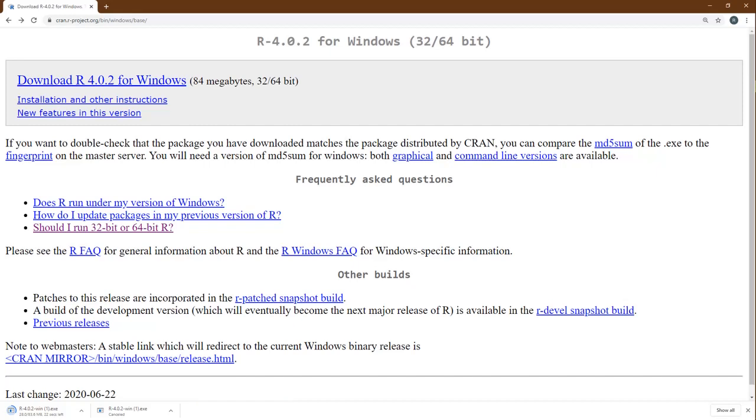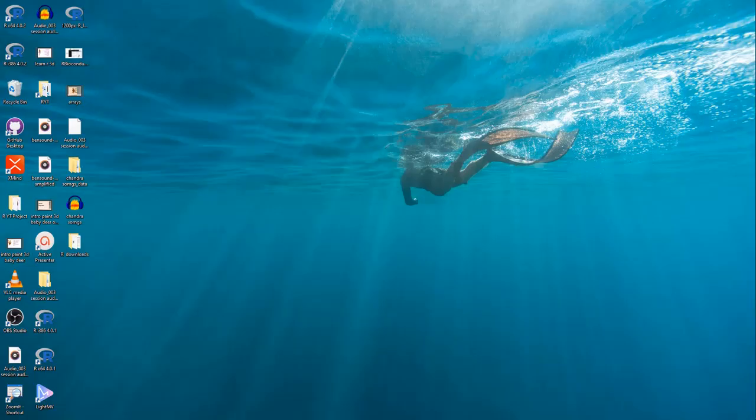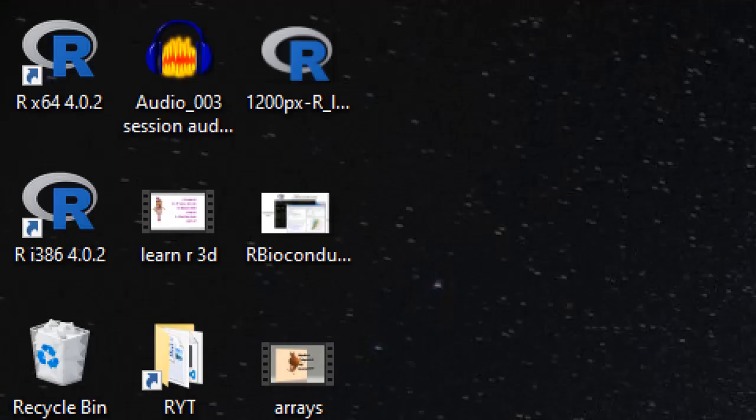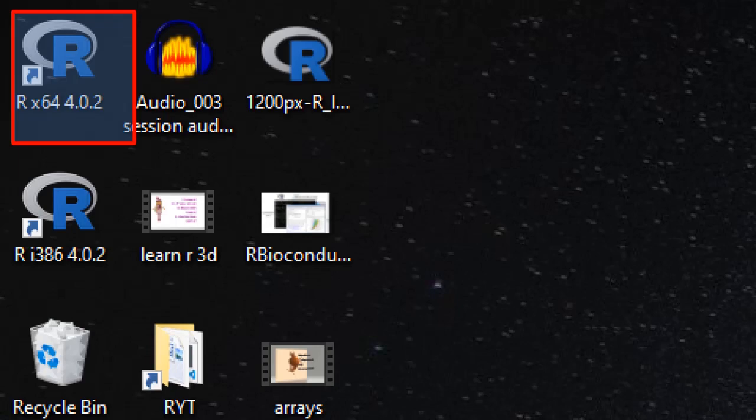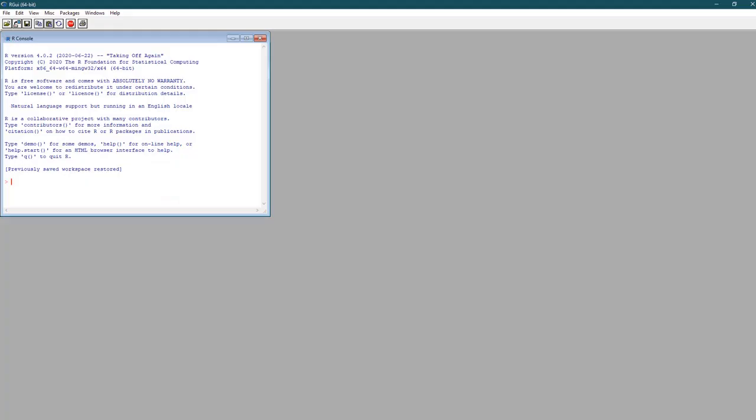You may like to note down the folder the R installer is choosing to install the code. Two shortcuts will be created on the desktop as shown on the screen. R x64 4.0.2 is the link for 64-bit machines. On selecting this link, RGUI will be launched. RGUI opens with a menu bar and a console for interactive R coding. You will see the standard boilerplate text and a prompt where you can write your R code and execute it.